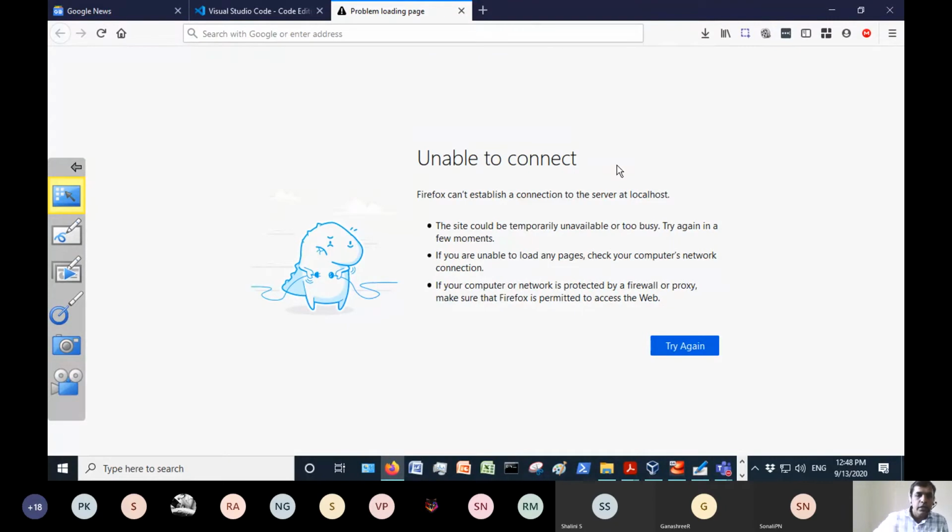Keep this in mind. When you do web programming, there are a lot of error messages that you get. Right now you got a message that Firefox can't establish a connection to the server at localhost. Why? Because your browser is a client which tries to make an HTTP connection to the server. The server is not running, so you get a message unable to connect.